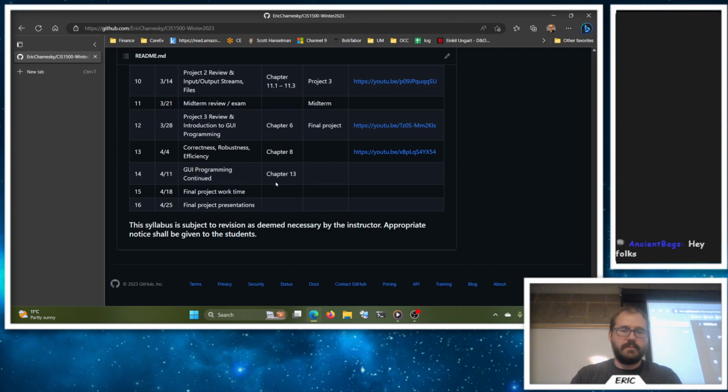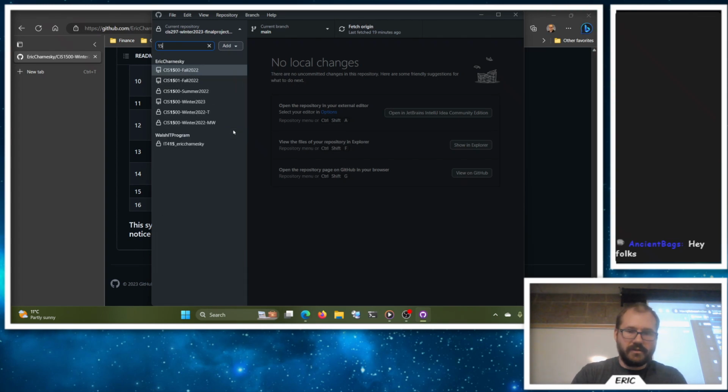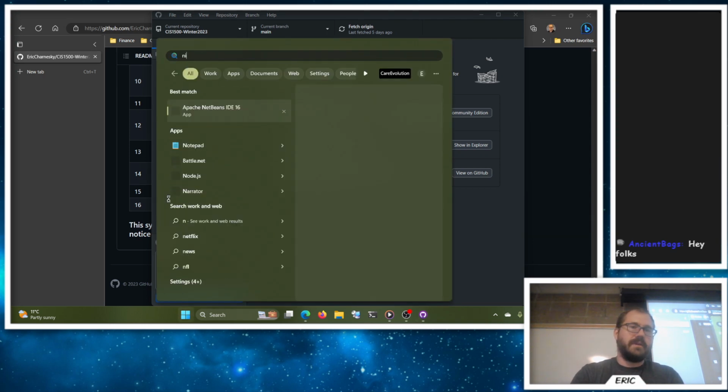So I did get a couple questions about the commit requirement. That was new for some folks. The idea with the commit requirement is you are working on it multiple times. You can't just turn something in the day that it's due. I won't take it. We have to be showing some progress. So you open your project, you work on it, you write some stuff, and then you make your commits here in GitHub. So if we go and open up IntelliJ,